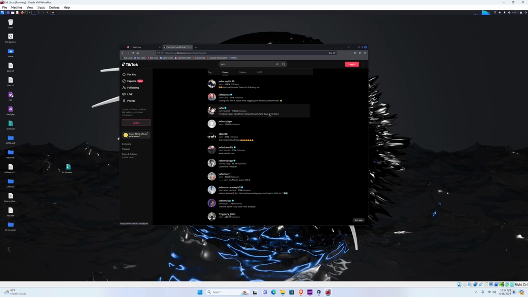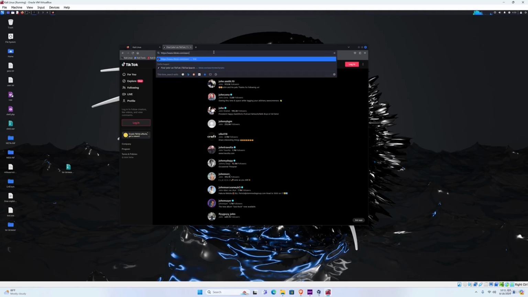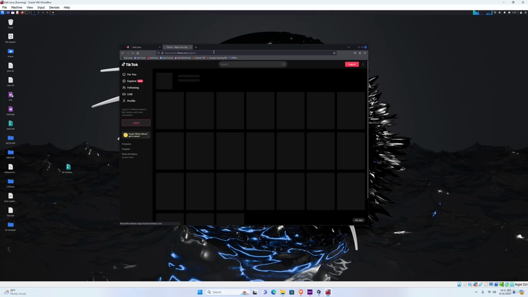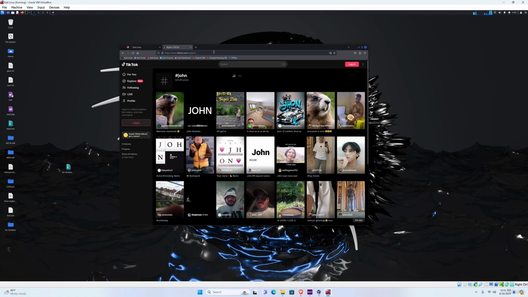Now, many users tag their posts with a keyword. So in order to search for a simple post that has a keyword or a certain keyword inside of it, we can use the tag option. So instead of /search after the TikTok website, we type /tag and then John. Let's say we're searching for John, and now we will have all the posts that have John as a keyword of their videos.